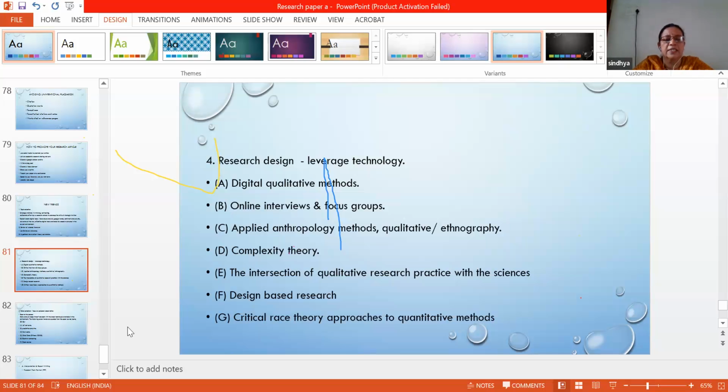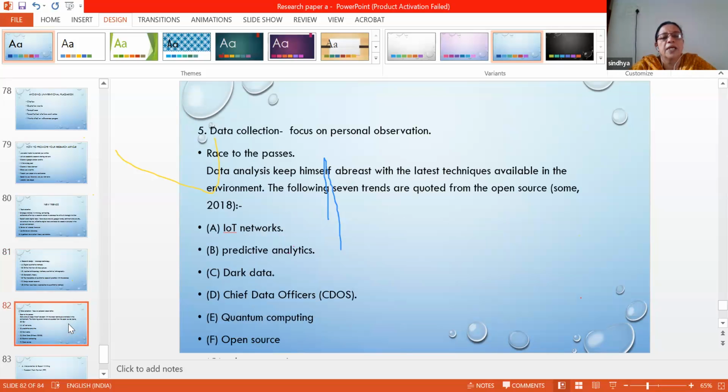So there are different techniques for using the research design appropriately. The current trend is using these kinds of research design supported by technology. And in the data collection process, if we use different measures for data collection, personal observation also has its